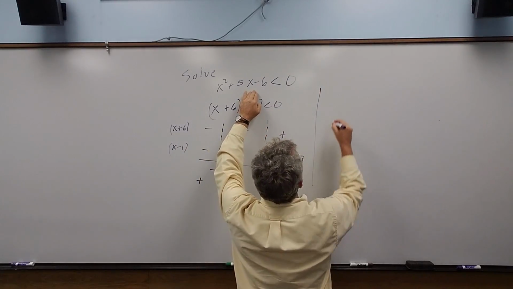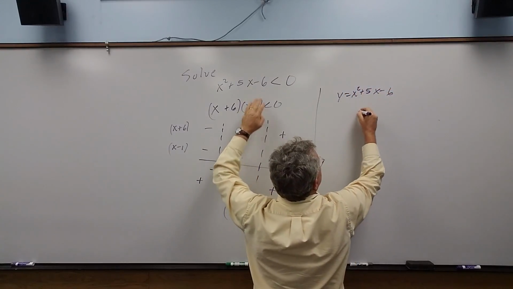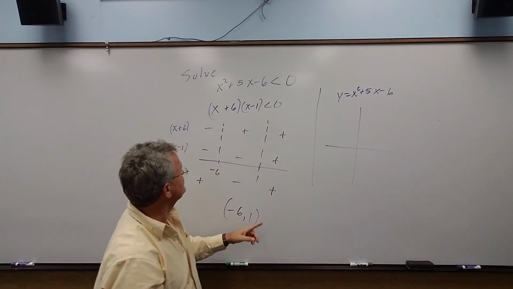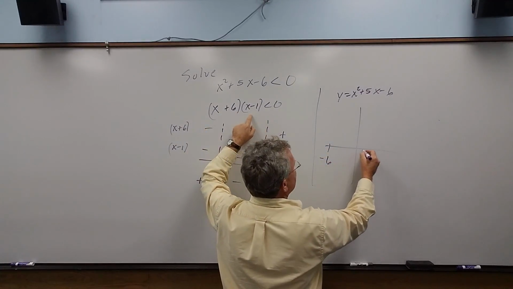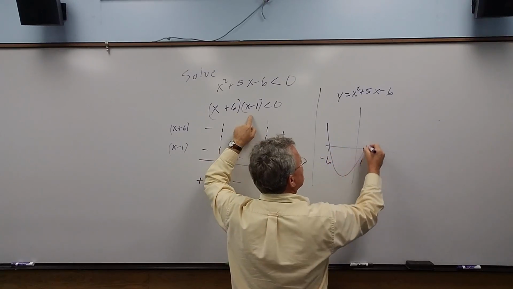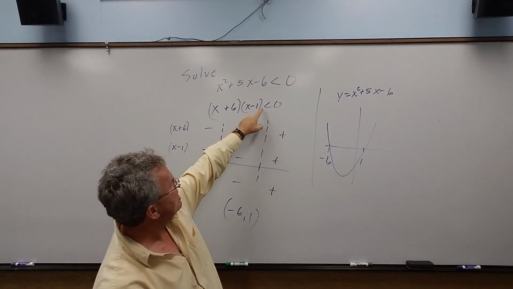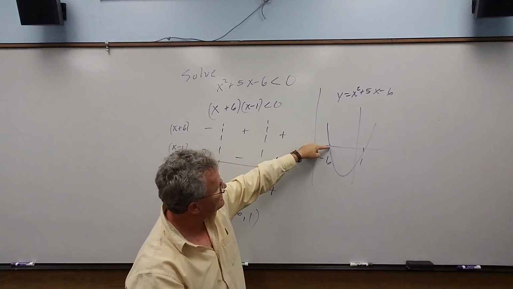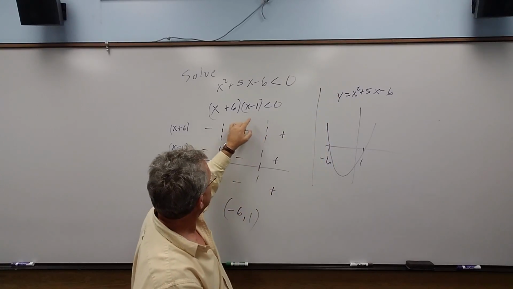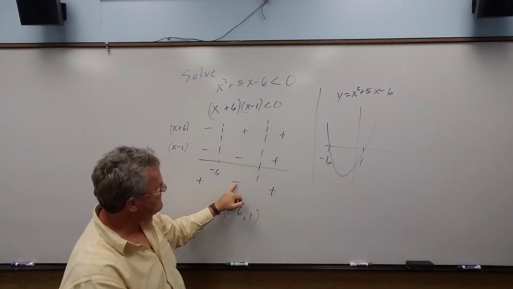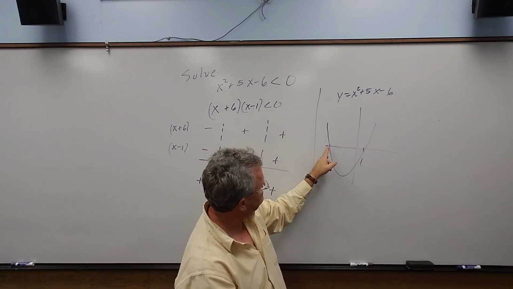If we graph y equals x squared plus 5x minus 6, the graph of this, it's going to cross the x-axis at negative 6, and at positive 1, it's going to go down something like this. And we can see the graph is under the x-axis. Those are negative y values. Y is negative when x, that's our y value, we can see it's negative or under the x-axis between negative